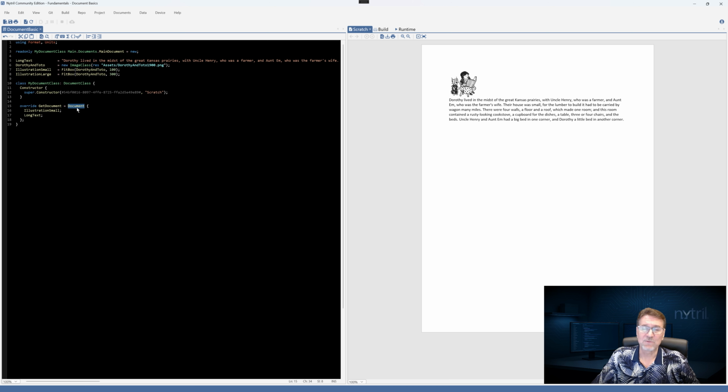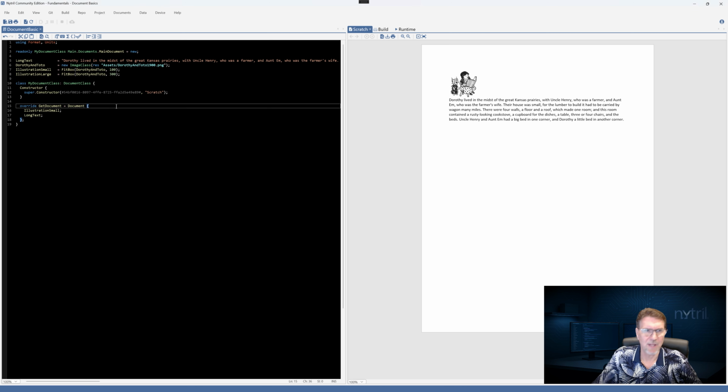So a document has what we call block-like behavior, which means that it will go through its revision, and for each element in the revision, it will create a paragraph for that element. And so it creates a paragraph for the illustration and a paragraph for the long text, which we see laid out here in the document. The other thing a block will do is it will assign whatever formatting properties you apply within the block to each one of these paragraphs.